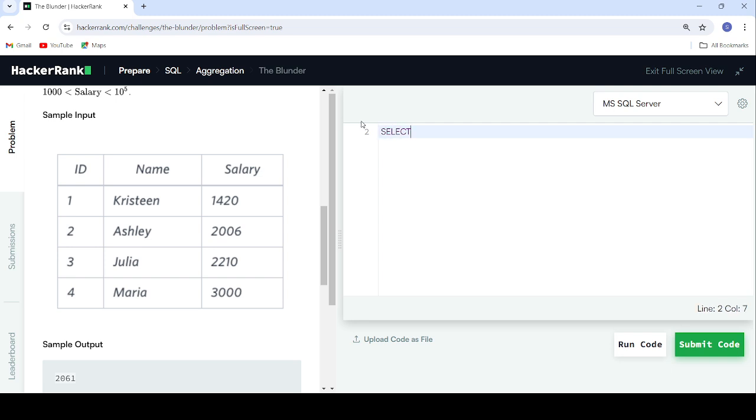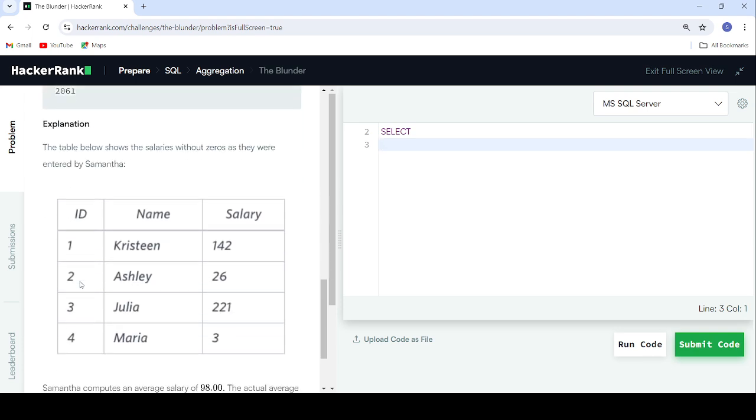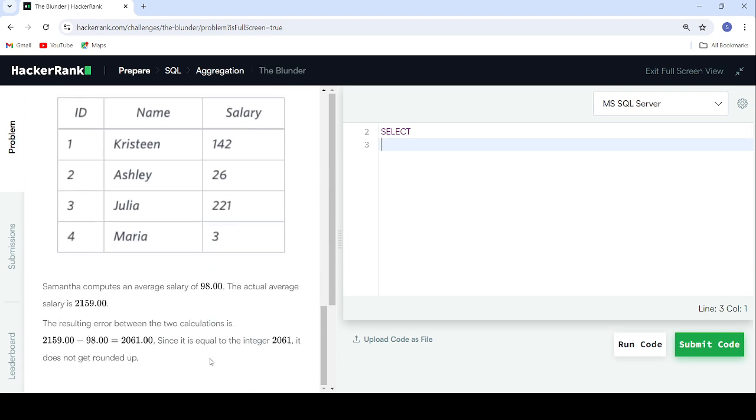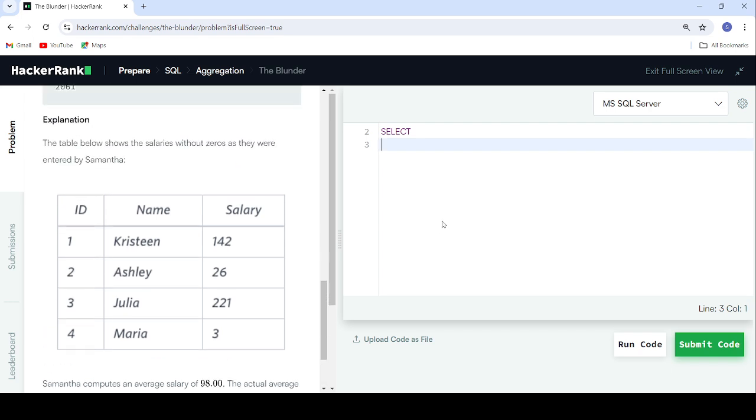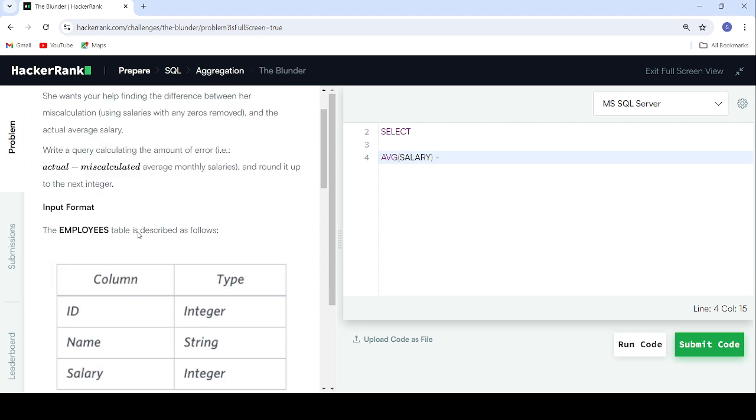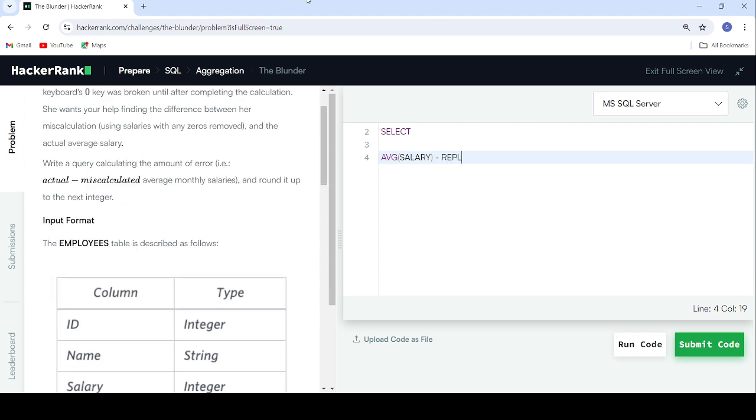So we'll just take the actual salary minus the salary without zeros, because she has entered the salaries without zeros. Okay, so select. We want the average of the normal salary, and minus the average of the salary, but the salary has zeros, right? We need to remove the zeros because she had removed them and calculated. So to get that, we need to remove the zeros, and